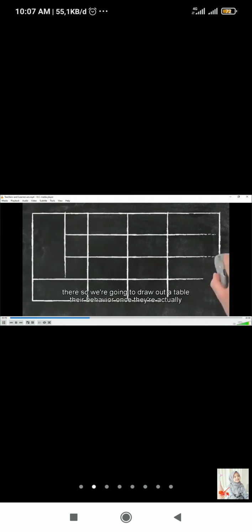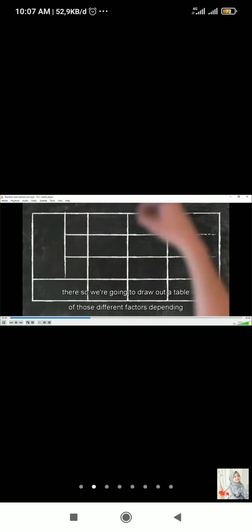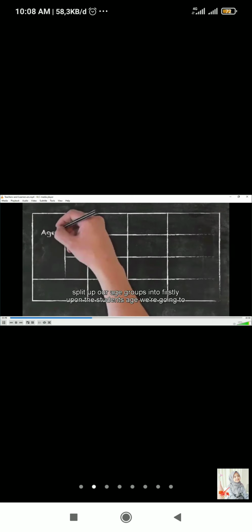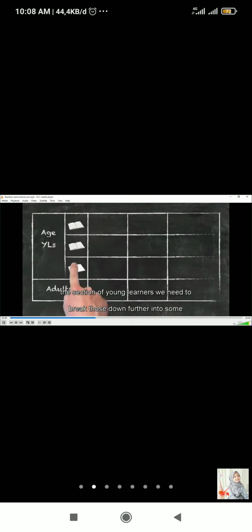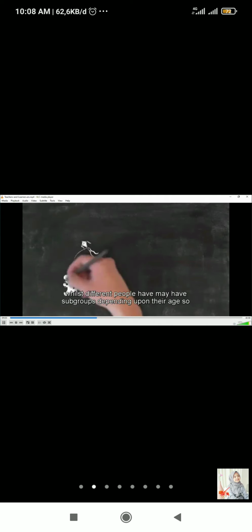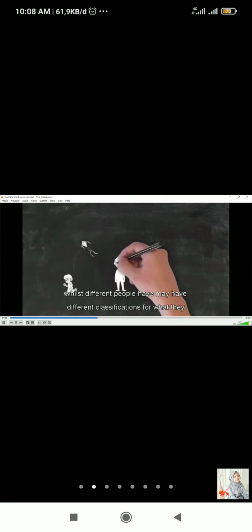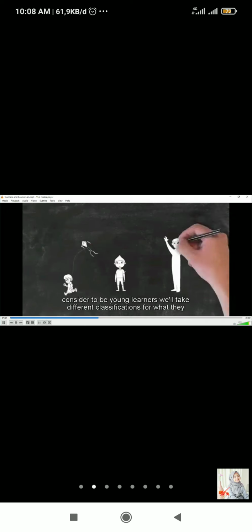So we're going to draw out a table of those different factors depending upon the student's age. We're going to split up our age groups into, firstly, what we'll call the young learners section, and secondly, the adults. Within the section of young learners, we need to break those down further into some subgroups depending upon their age. So whilst different people may have different classifications for what they consider to be young learners,